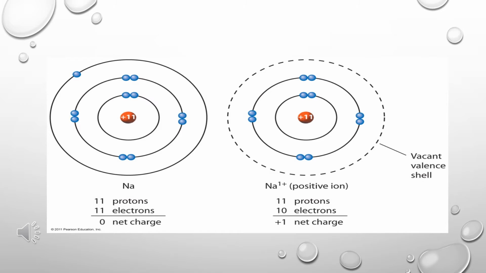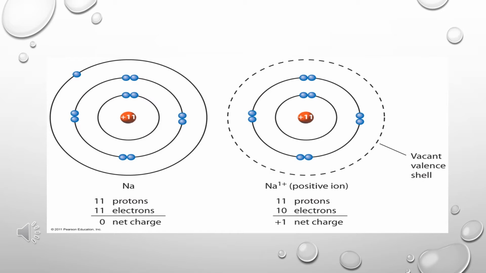Now this figure shows the formation of the sodium ion. You can see that the neutral atom of sodium has 11 protons in its nucleus, and there are 11 electrons in the orbits present around the nucleus. In the cation formation process, sodium will lose one electron from its outermost shell. In this figure, the second figure for sodium is of the sodium ion and not of the sodium atom. As you can see, the outermost shell is now empty